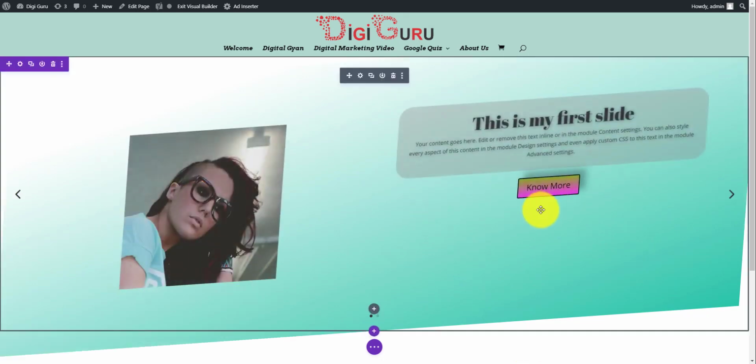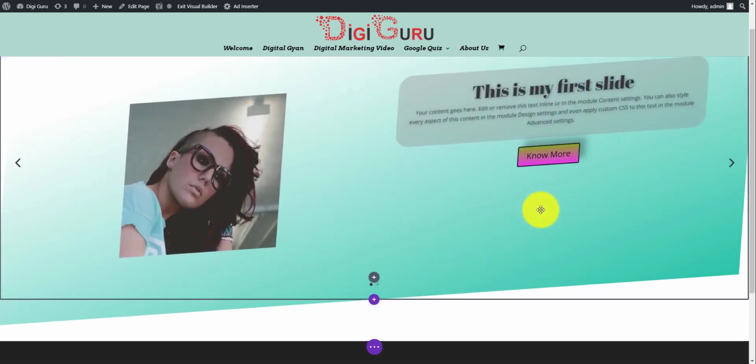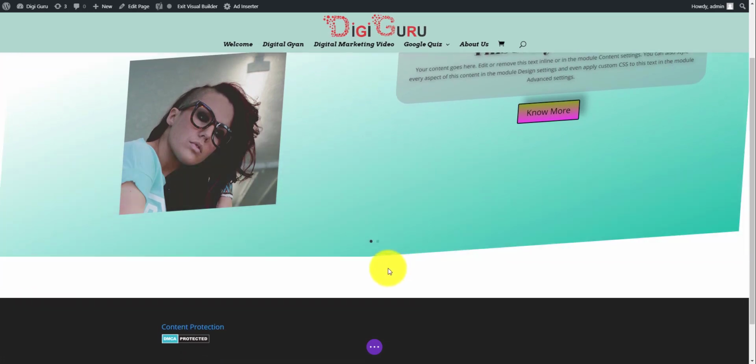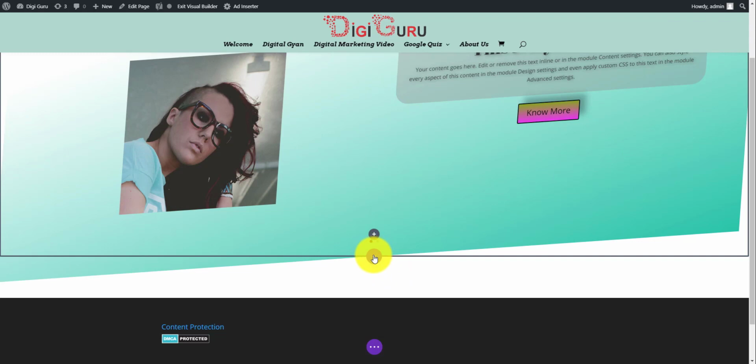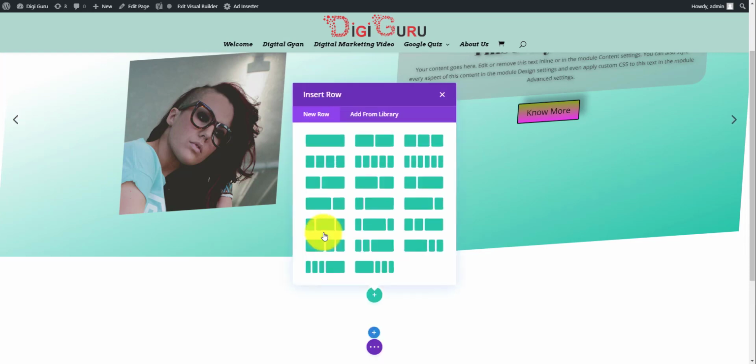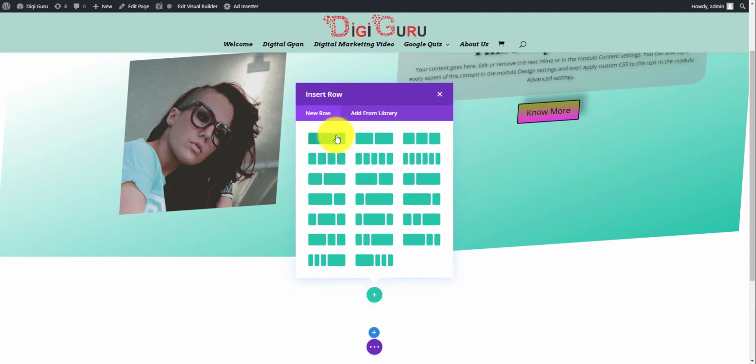Now this was the full width section that we have added on the top. Now let's add some more sections at the bottom. So now I need to add a standard section. In order to add a standard section, again we'll click on this blue line and let's add a regular. This time I'll add one section,